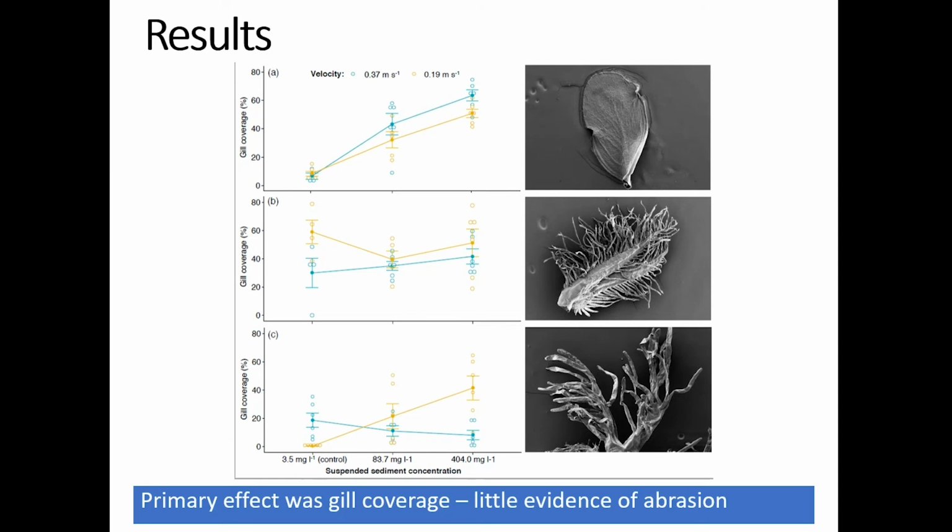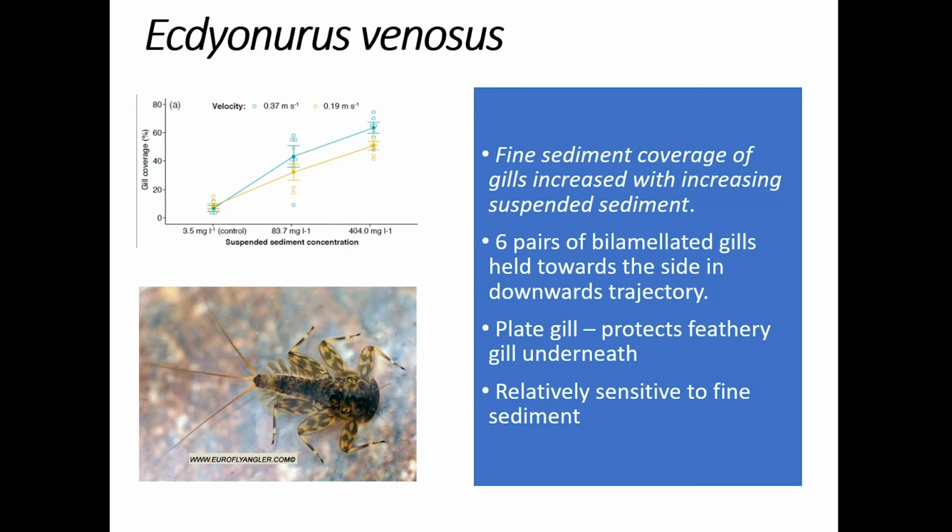So my results, I didn't find any evidence of abrasion. I would have expected to see some kind of scratches or dents on the gill surfaces, but what I actually found was coverage or clogging, so a large buildup of fine sediment and debris on the gill surfaces as opposed to abrasion. And then when I look at the results of each specific taxa in turn, for Ecdyonurus venosus, which